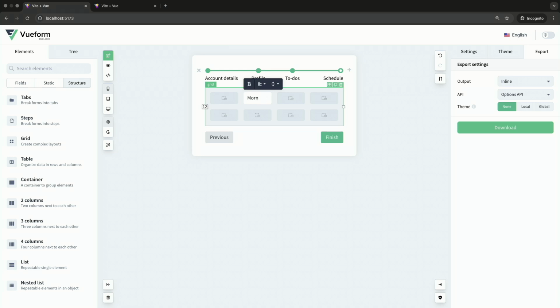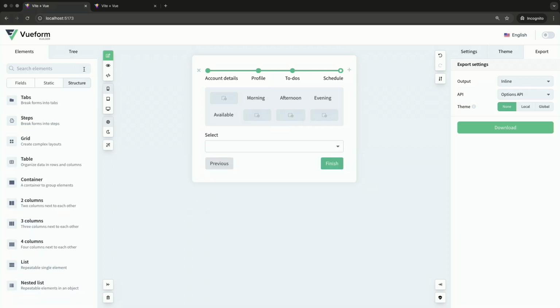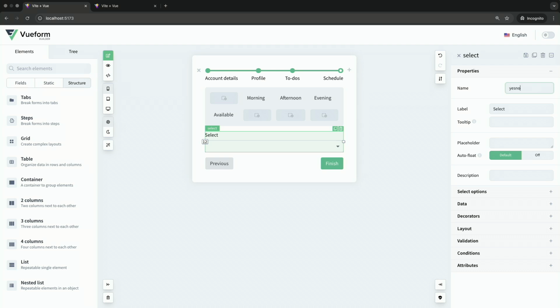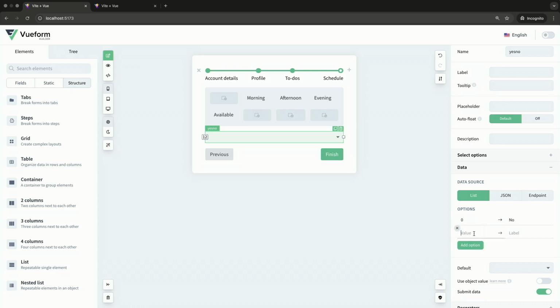So this will be morning, afternoon, evening, and available. Okay. Now I need a select input. With this select, I will rename this to yes, no, because all this select will do is let you choose between 2 options. For 0 it will be no, for 1 it will be yes. And I will place this select into these fields, so the user can indicate if they are available in the